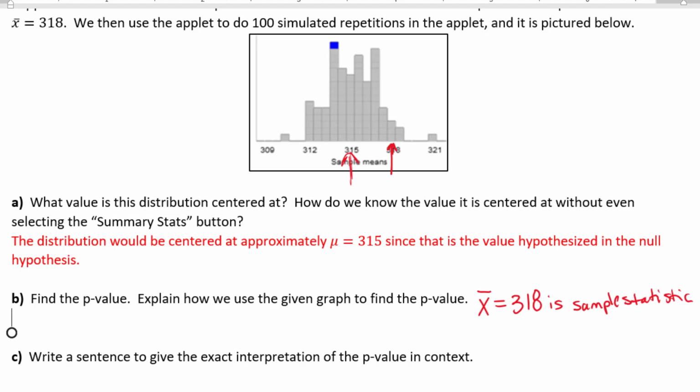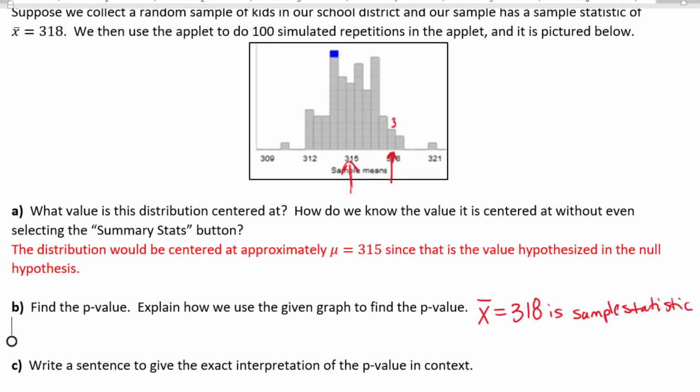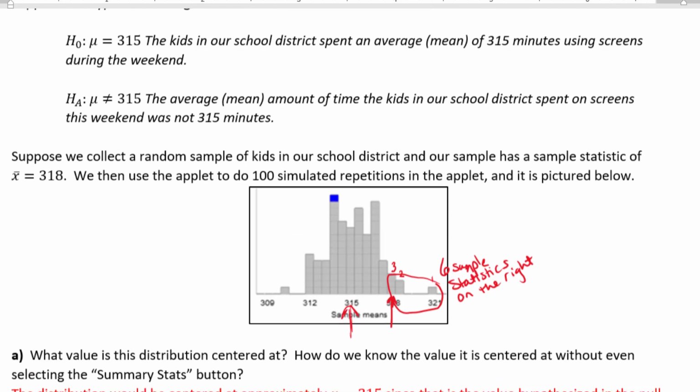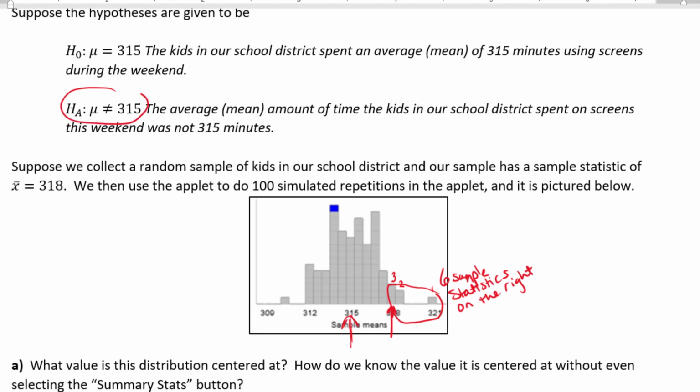So 318 is here. There's 3 dots above 318. There's another 2 dots, 1 notch to the right, and there's another 1 dot here. So on the right side, more extreme than 318 is 6 sample statistics on the right side. Now, how do we count those on the left side? Remember, we do have to count sample statistics on the left side because our alternative hypothesis has a not equal to sign. Therefore, this is a two-tailed test,